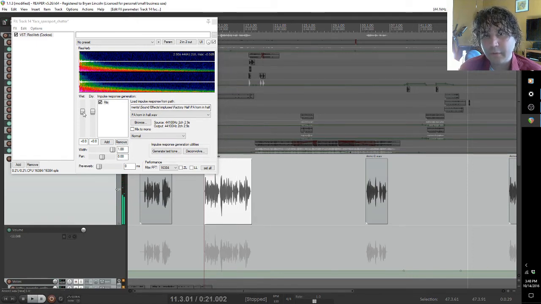Okay. And you can play around with things like the wet signal, like if you want to make it less of a strong effect. The dry signal is your original recording, and the wet is the reverb, so you're kind of combining the two. So if you really lower the wet,